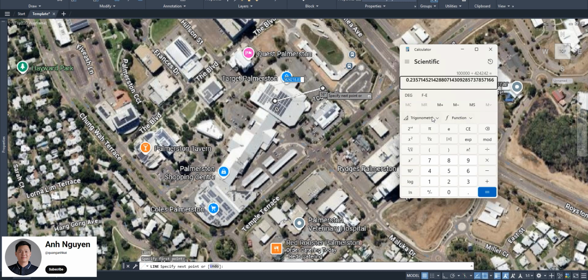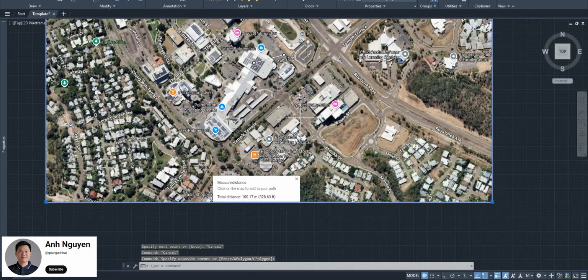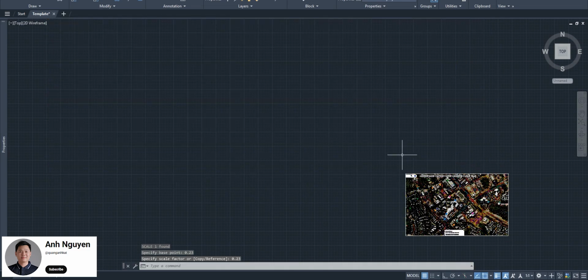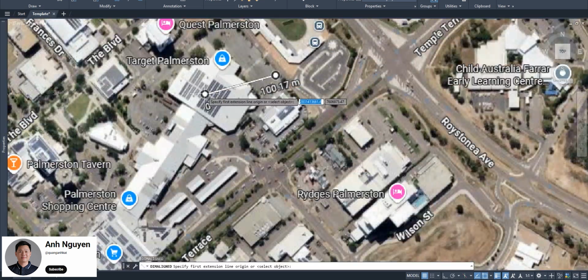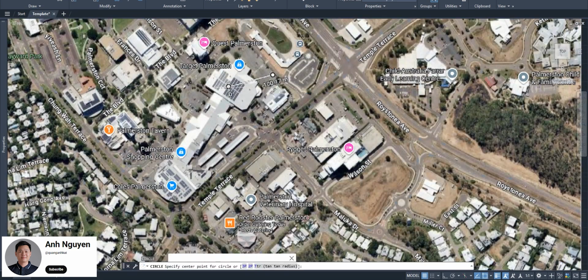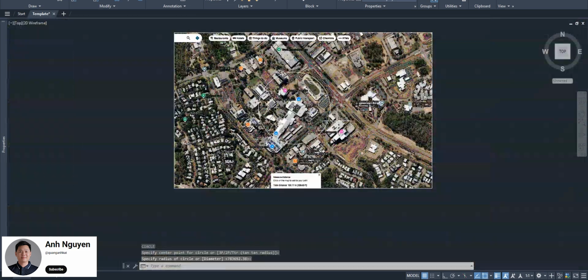So you need to scale it 1.2 times. Sorry. And now you have the roughly right distance, right scale,